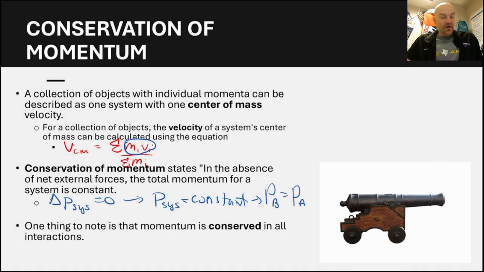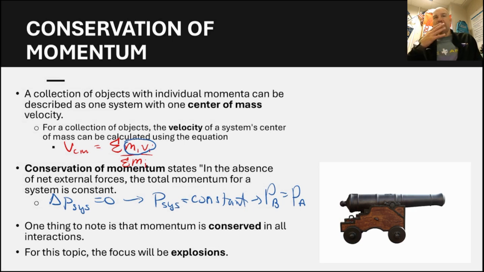All right, so one thing to note, momentum is always conserved, right, in all the interactions. So we're going to talk about explosions and two types of collisions. Regardless of what's happening, momentum is always conserved, okay? And now for this particular topic, we're going to focus on what are called explosions. So for an explosion,